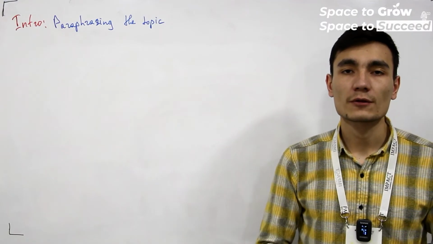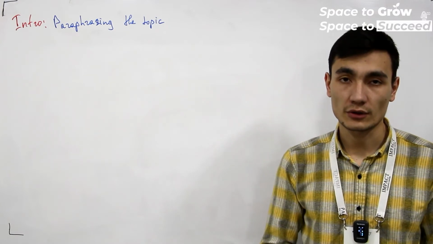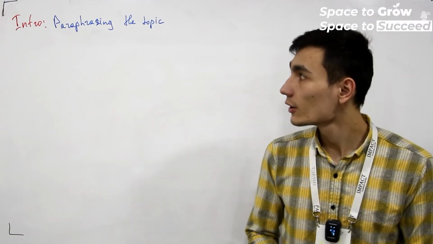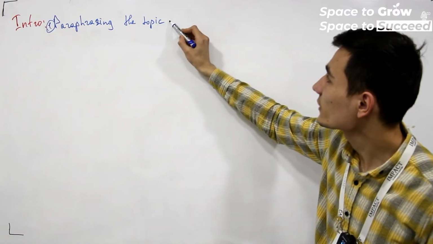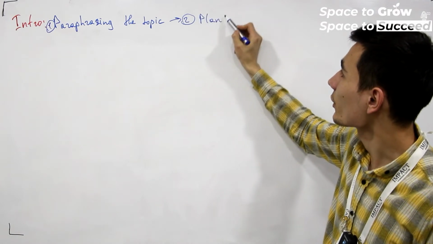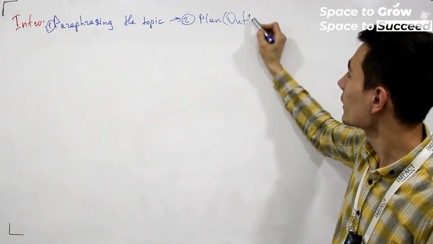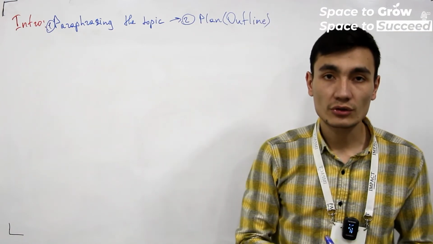Now, after finishing paraphrasing the topic part, we have to move on to the second part of our introduction, the second sentence of our introduction. So, paraphrasing the topic was the first sentence, and the second sentence is giving a plan, also called an outline. And what is this plan or outline? In our introduction part,